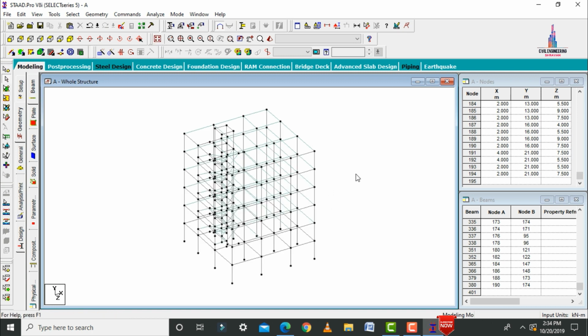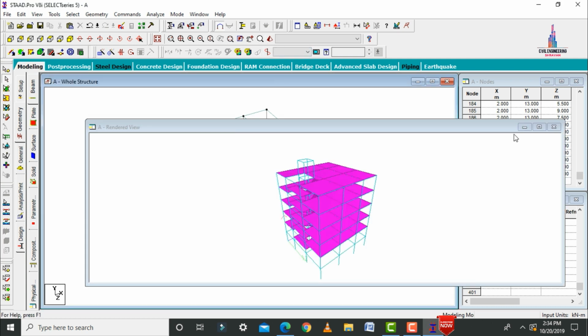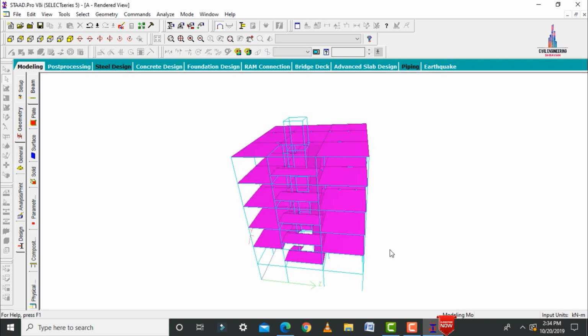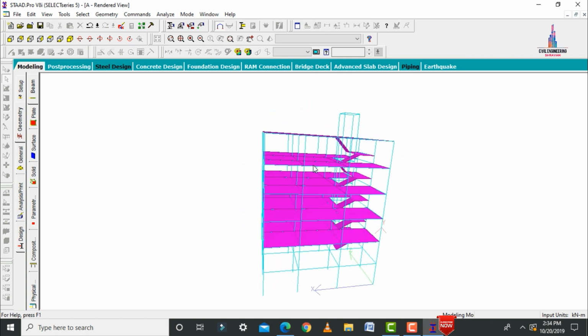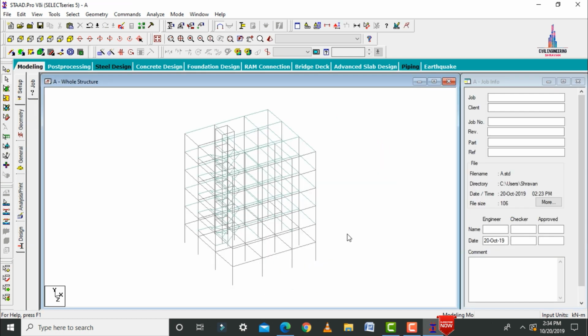So after that we have to click on whole structure. Now we have to see this respective model in rendering view. Click on 3D rendering view option. So this is the 3D rendering view for this respective 5-story apartment building. So it will be consisting of your ground story at this position, and first story, second story, third story, fourth story, fifth story. Okay. So after that we have to apply the properties for this respective section.